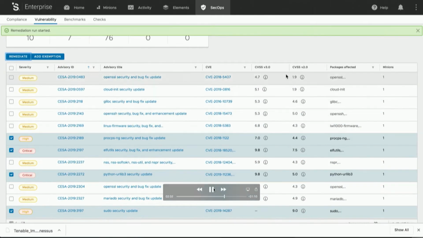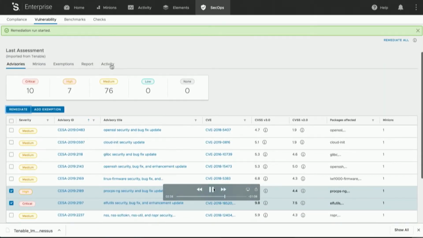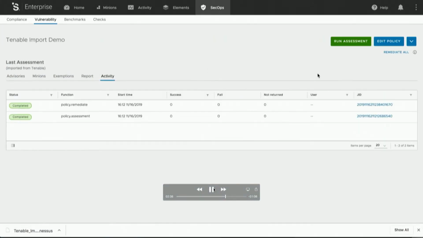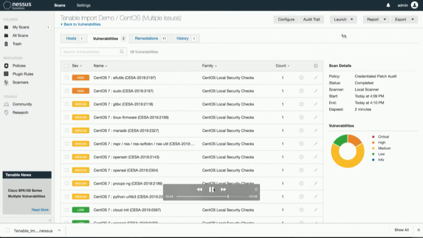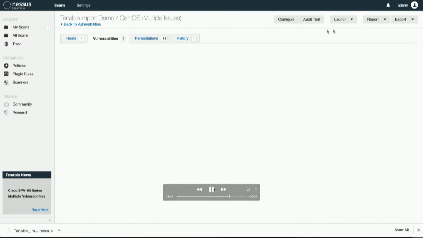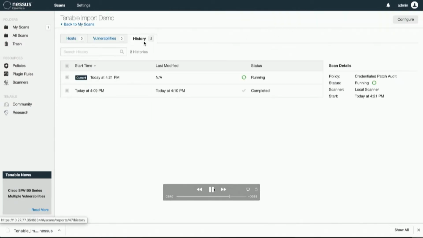Okay, so we can now kick off and then remediate. So it's going to do its job and come back. So let's wait for a few minutes. Okay, so the scan completed. Now it's time for you to see if it was fixed or not, right? So let's go ahead and run a scan. So you remember there were two highs there. Hopefully when you run a scan again, those should not come back.